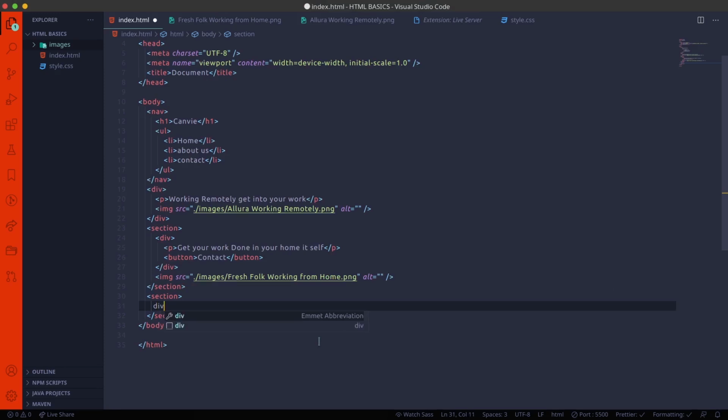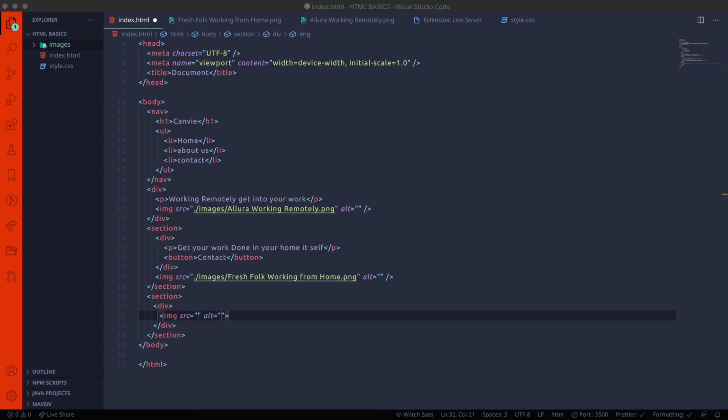Hit the tab icon. It will get filled. And now here I'm using another tag, the div tag. I will tell you later why I'm using the div tag in the section tag. You can observe it in the later part of this video. Here I'm inserting the image tag.